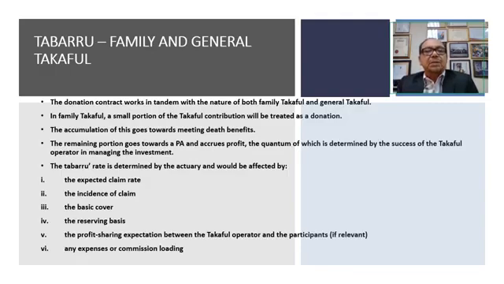So the tabaru rate is determined by the actuary. Actuary is the fellow who calculates the premium that has to be paid. These people, we call them actuaries. So for this subject you must have a basic bachelor in accounting, and then you can take another one, the degree on actuary. So it's an extended version of accounting. Accounting is lower end, then the actuary is the higher end. These people will know how to do the calculation.